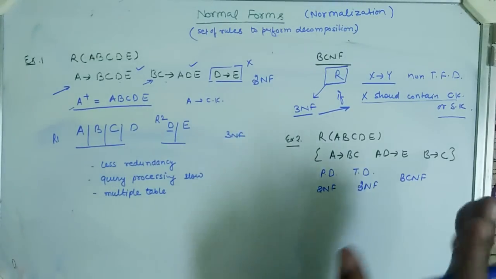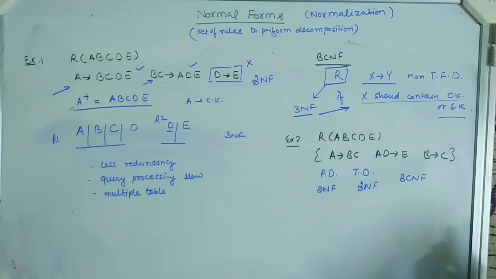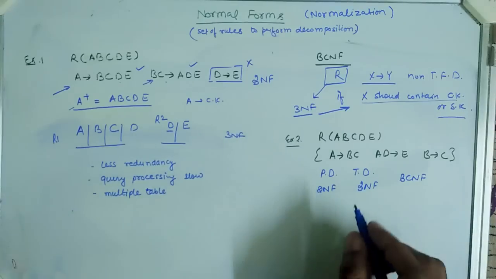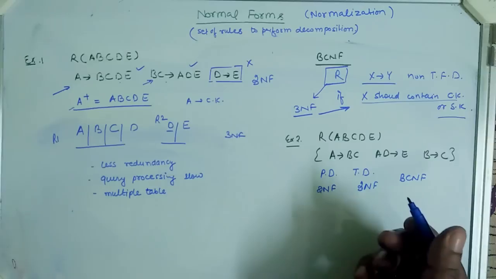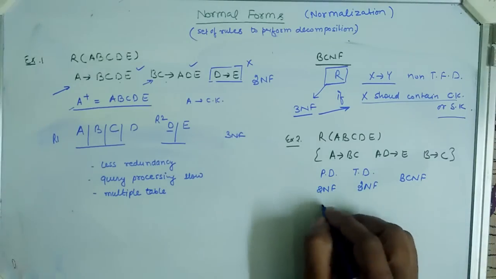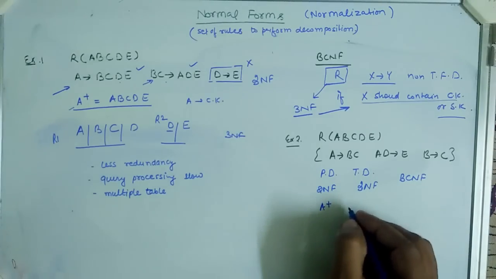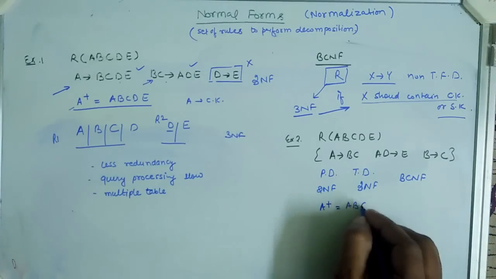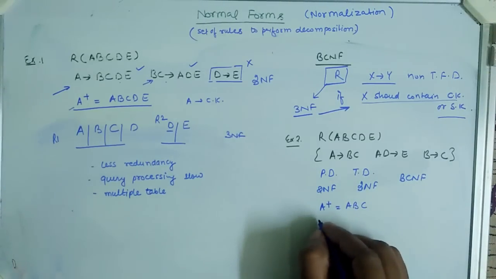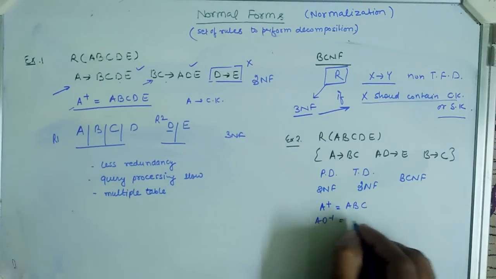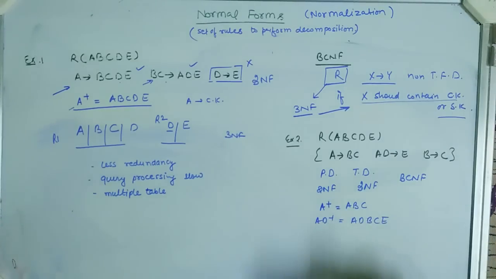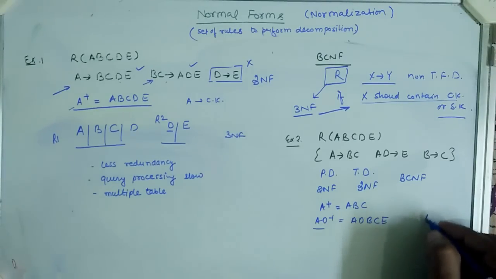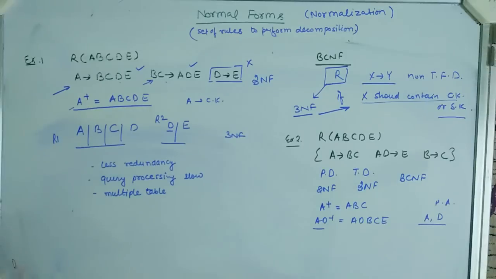I assume that the table is in 1NF because there is no multi-valued attribute in the table. Now to find out the partial dependencies, we need to know about the prime attributes in our table, and for prime attributes we need to find out the closure. The A closure gives you only 3 attributes, AD closure gives you all the attributes, so B, C and E. So AD is a candidate key and A and D are the prime attributes in my relation R.